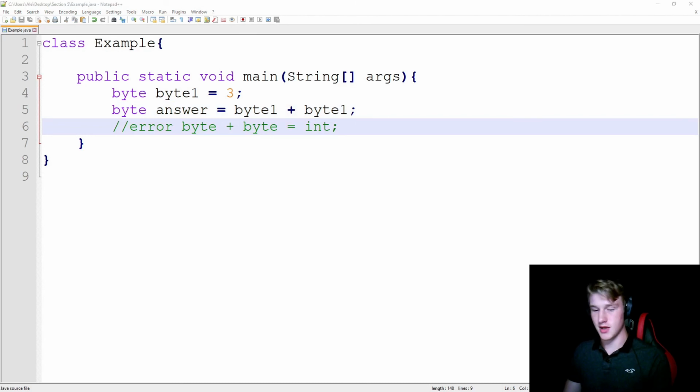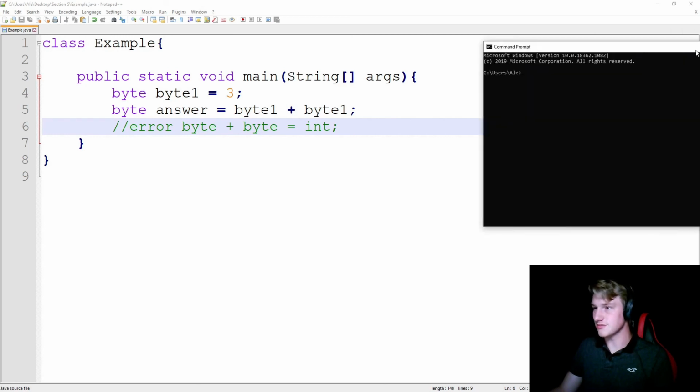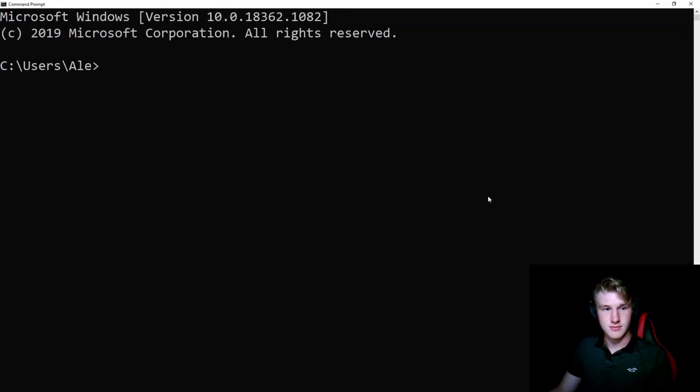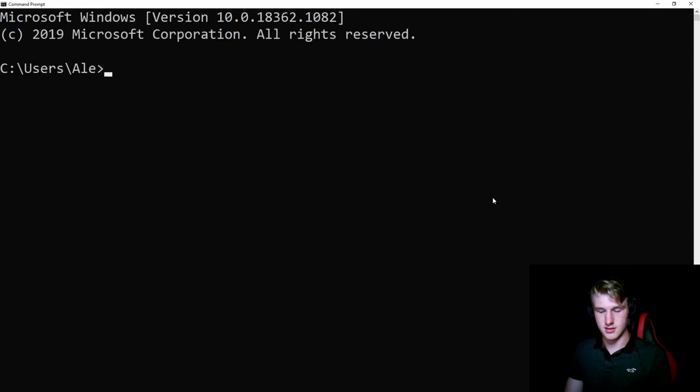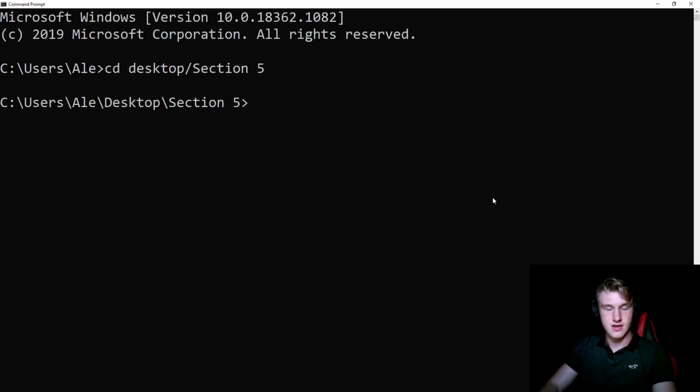So if I pull up my command prompt with CMD, oh, that's full screened on the wrong screen, so I full screen it, and I zoom in, and I'm going to show you guys a little trick here with the command prompt. So instead of saying CD desktop and then clicking enter and then doing CD section 5, we can just put a slash and do section 5. And so then, after doing that, we're going to say javac example.java. Now we're going to get an error